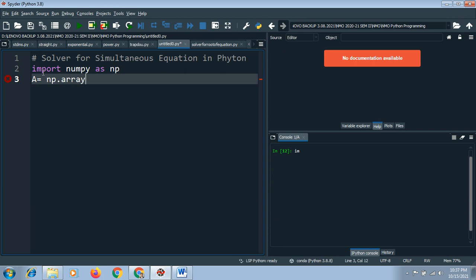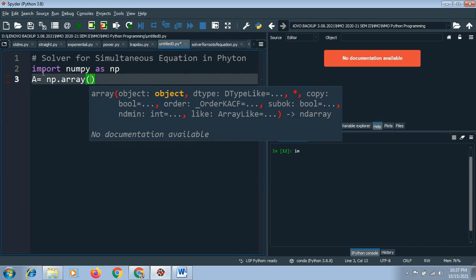So by using np.array in a round bracket, then the square bracket, then 10 comma 1 comma 1. So we have to create the coefficient matrix.